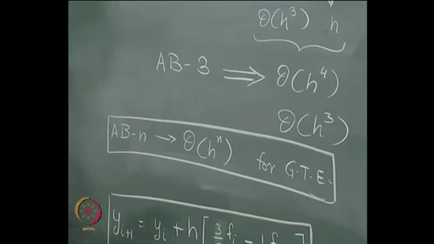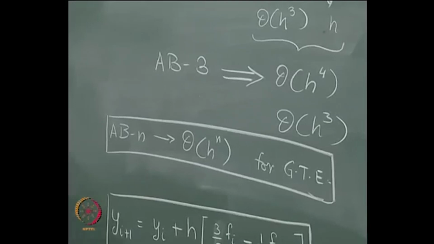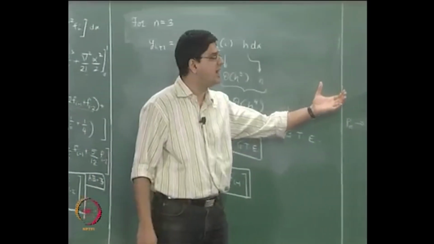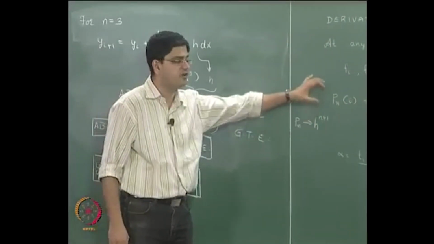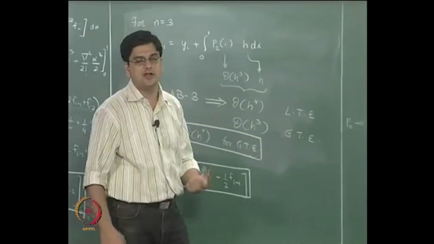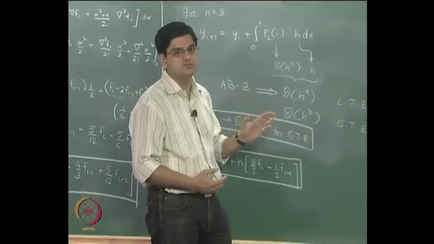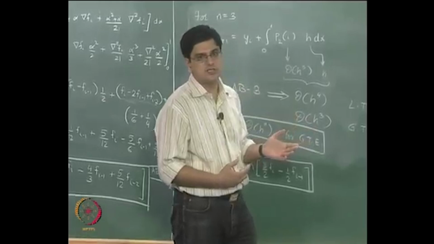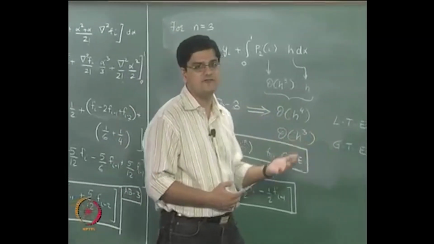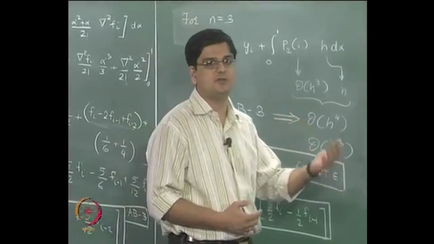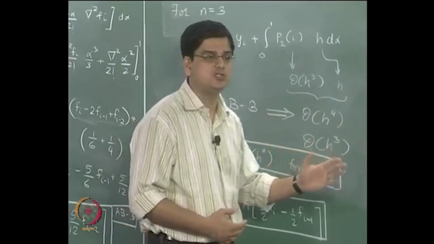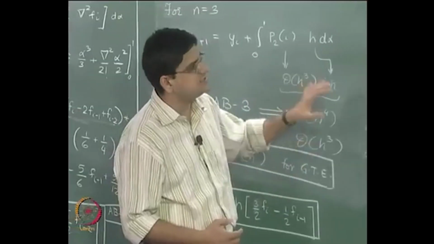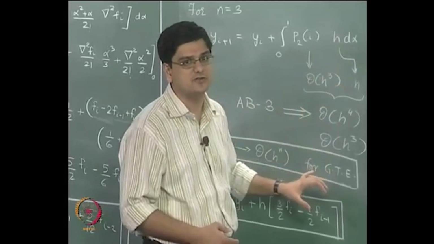Okay. So that is the result for Adams-Bashforth method. What we do in Adams-Moulton's method is the same thing, but we will have to get the polynomials which involve f_{i+1} also, because what we are trying to do in the Adams-Moulton's method is we also have the f_{i+1} term. So in the first order Adams-Moulton's method we have f_{i+1} and f_i. Second order Adams-Moulton's method: f_{i+1}, f_i, f_{i-1}, so on and so forth. We fit an appropriate size polynomial and then proceed in exactly the same manner as we did for the Adams-Bashforth's